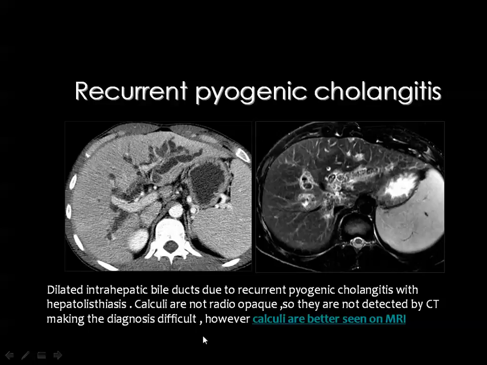Sometimes you cannot see the stones inside the dilated biliary radicals by CT because they are made of cholesterol, and you know cholesterol is of hypodense texture, and the fluid also is hypodense, and they may be difficult to detect. But this is one of the advantages of MRI, to detect the calculi inside the biliary radicals, confirming the